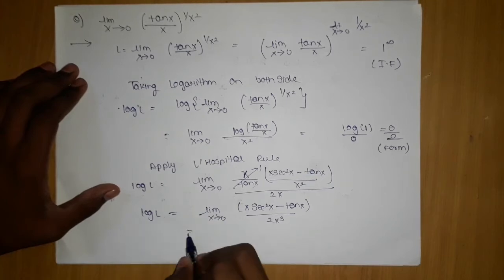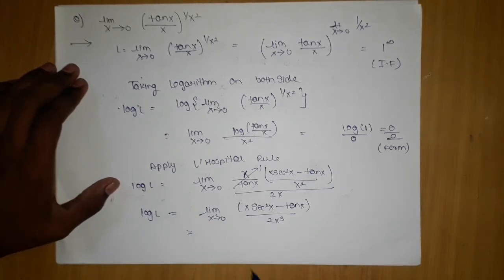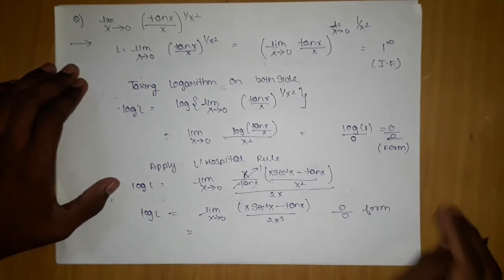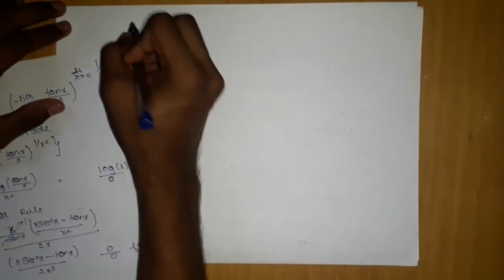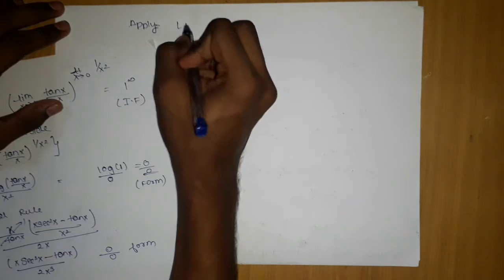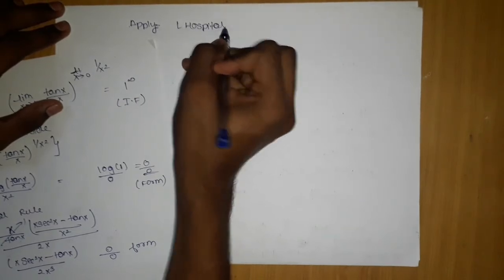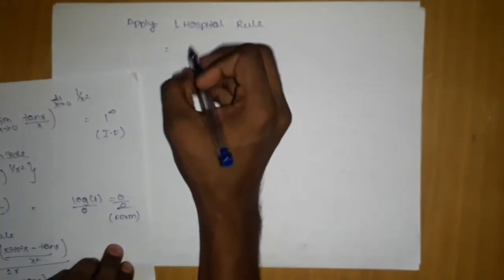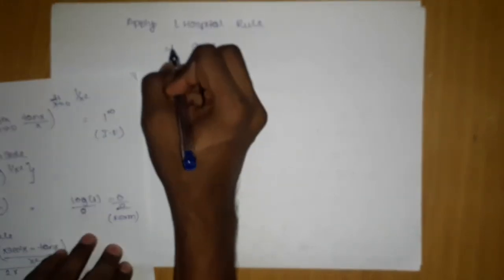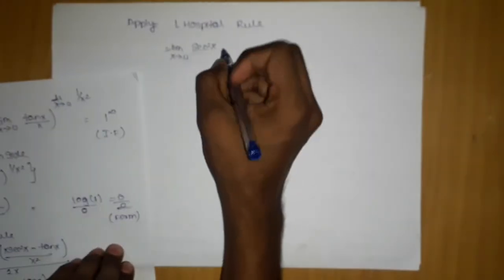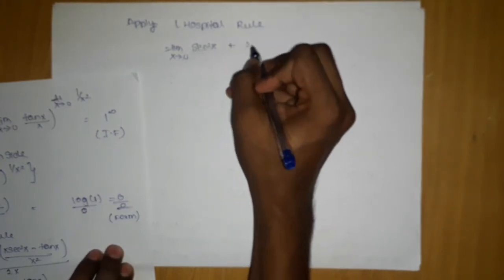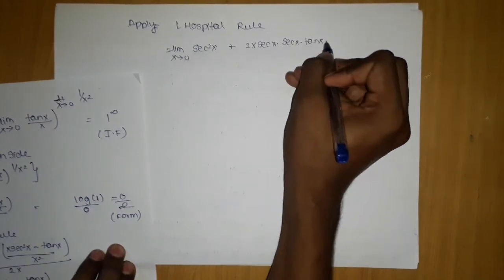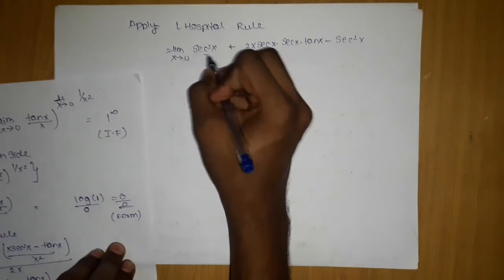After this, what we are going to do, we are going to see, if I substitute 0 here, this will be 0, so it is still 0 by 0 form. Apply L'Hopital's rule. If I apply L'Hopital's rule, what do we get? We get sec square x plus 2x sec x dot sec x differentiation, sec x dot tan x, minus sec square x tan x differentiation, the whole upon